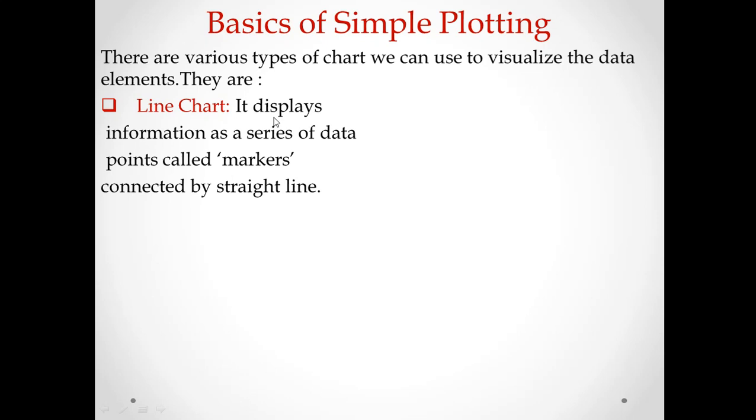The line sort of diagram will be drawn onto the graph paper. You have already done this in 10th or 9th on graph paper in mathematics. So here also the line chart will be displayed the same way. It displays the information as a series of data points, which are called the markers, and those markers will be connected through a straight line, as you can see in the adjacent figure. So these are the data points, and these data points are known as markers. And this is one type of line chart because only the lines are there. Here the x-axis, y-axis, and the different sets of data.